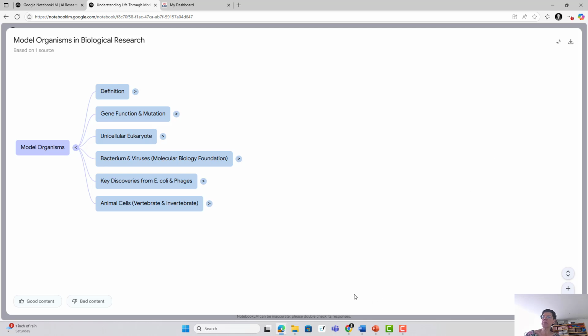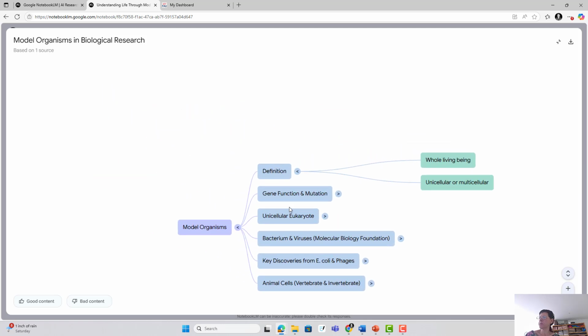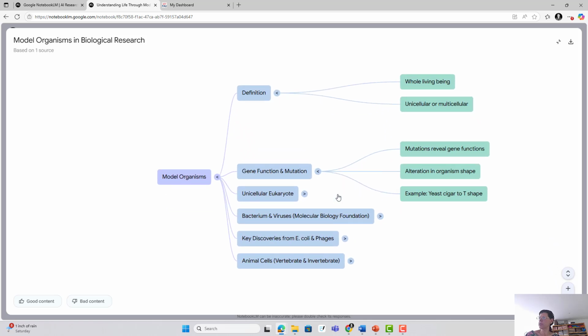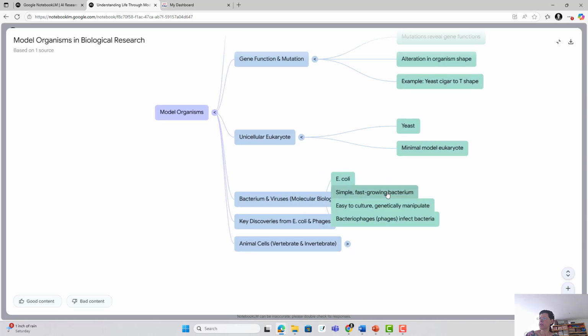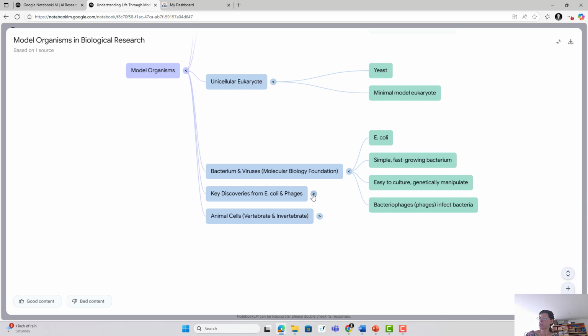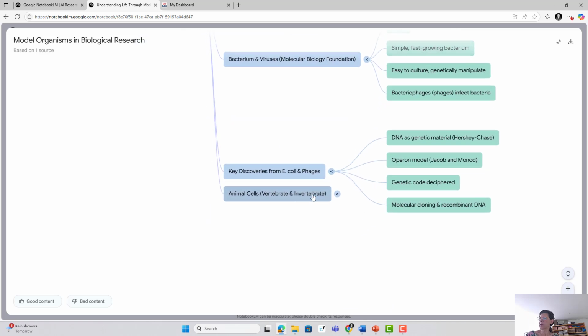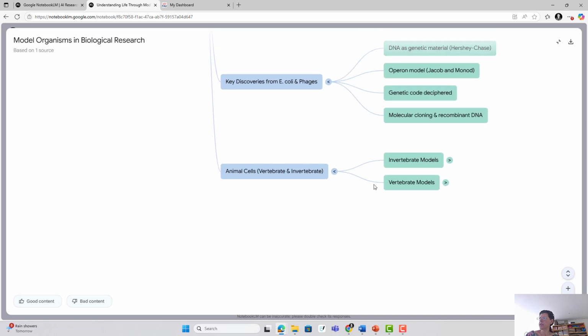All right, so this is Model Organisms. It's going to give you a definition. This is cool. Gene function and mutation. All right, that's really neat. Mutations reveal gene function, alteration in organism shape, and then the example. And here's going to tell you about the eukaryote, unicellular eukaryote, bacterium and viruses, key discoveries from E. coli, and then it's going to show you here animal cells, and oh, look at that,